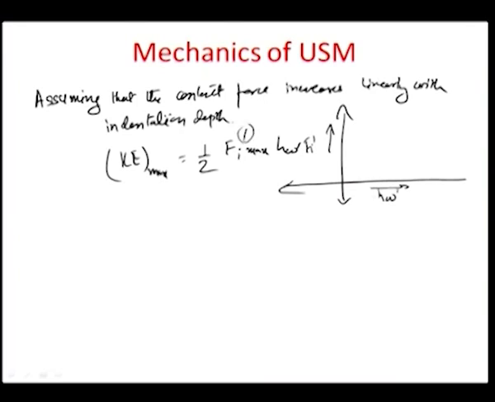Mind you, we are using different subscripts here to differentiate it from the case of direct impact, where Fi average and Hw were the two subscripts used. So, this is the linearly varying model, meaning that the force is 0 at the beginning when the grain has not yet struck the surface, and then the force slowly increases because the grain gives all its momentum, all its energy to the surface and also faces